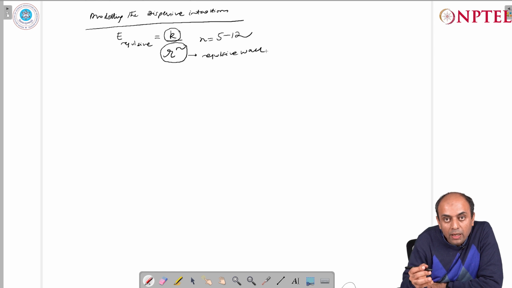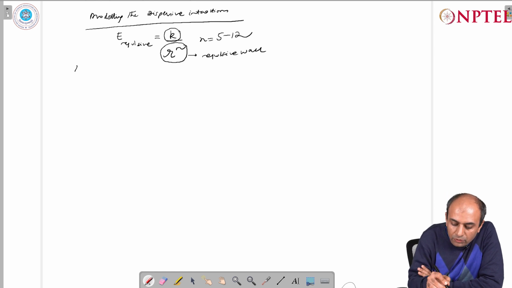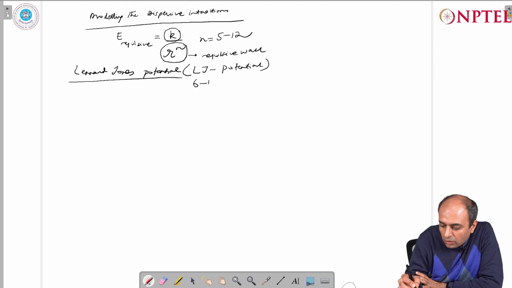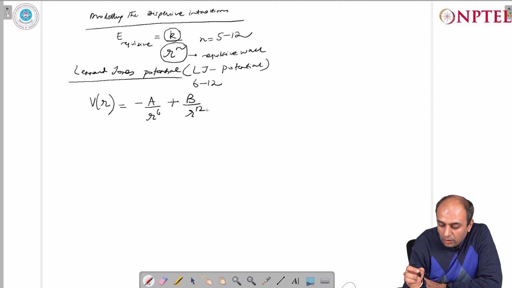And in this regard, there is one particular potential which is very popular and which is also a part of different ab initio simulation packages, which we refer to as the Lennard Jones potential. This is also referred to as the LJ potential. This is also called the 6-12 potential, where V(r), that is the potential energy as a function of distance r, is expressed in the following form,